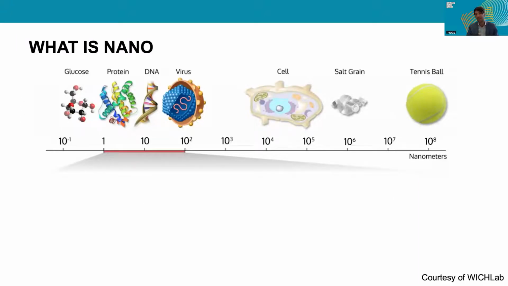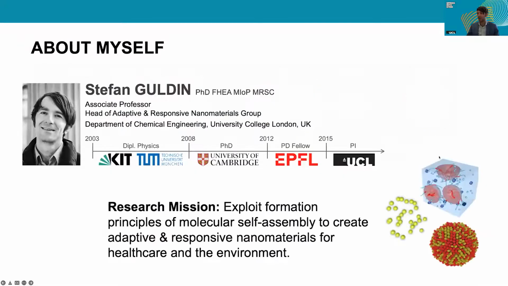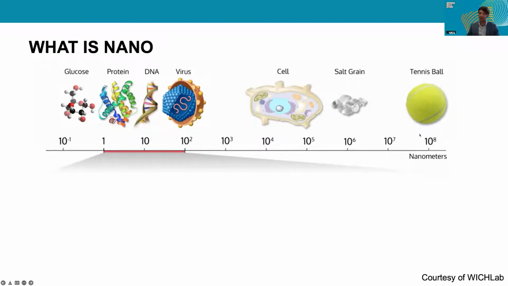Okay, so this here is just an overview of scale. You see here basically a scale bar, and in contrast to, say, a ruler, where we normally use millimeters and centimeters, we use nanometers here. As we can see, we're starting off on the angstrom level, so below a nanometer, which is the length scale of small molecules, so glucose, sugar. And then here we have the length scale of macroscopic objects, so a tennis ball.